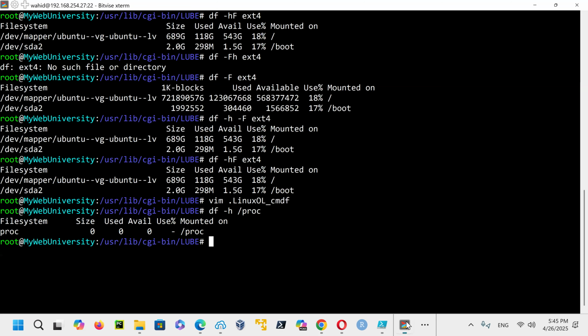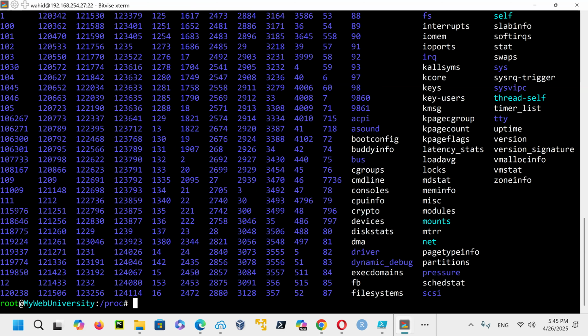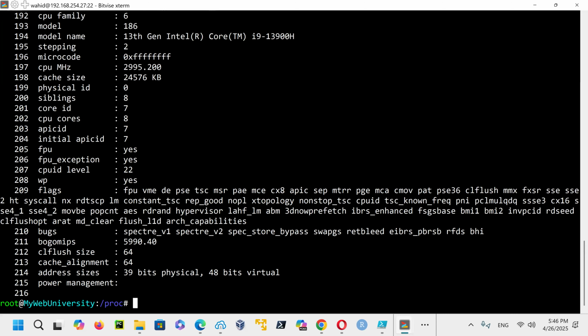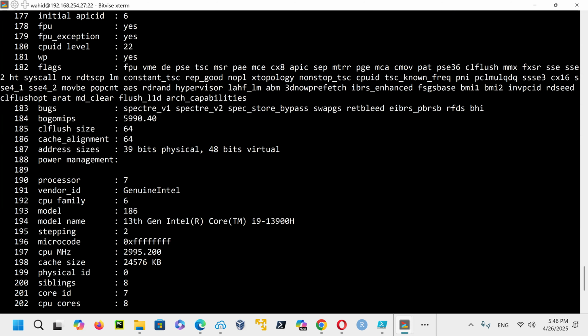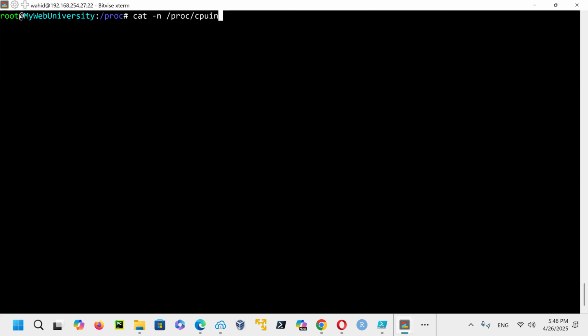on memory. There's a lot of stuff in the proc file system based on memory. So you can see all the process IDs are there. A system related file like cpuinfo, even though it's 0 byte, you can see the size is 0 byte. But when you say cat -n /proc/cpuinfo, you can see there's 216 lines for the CPU, and that is just coming from memory. It just gave you all the system information for CPU.